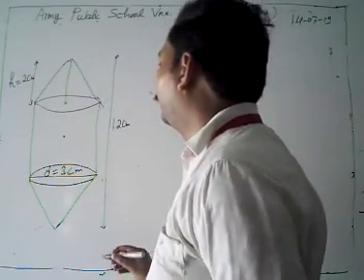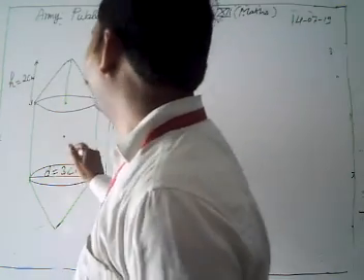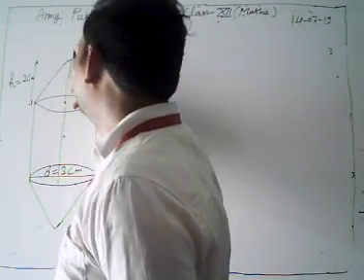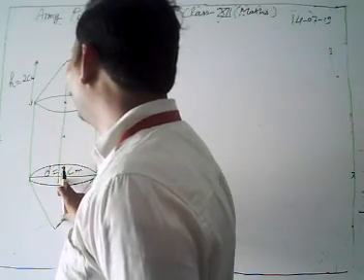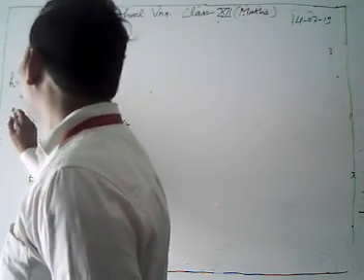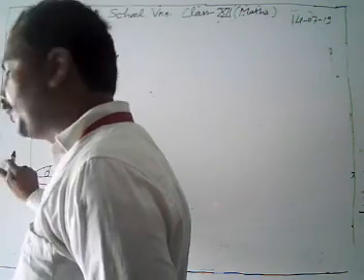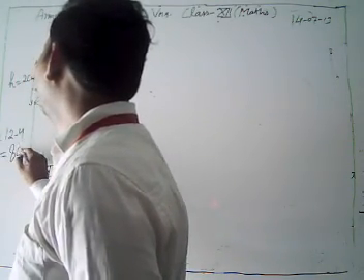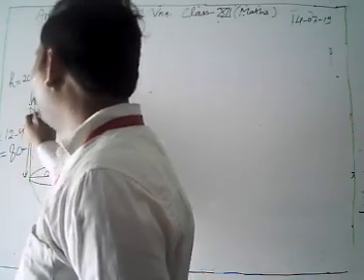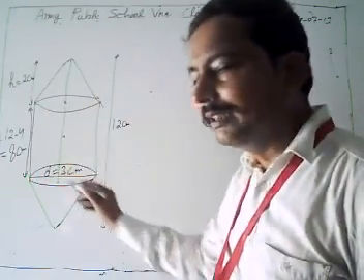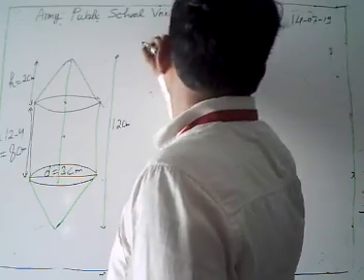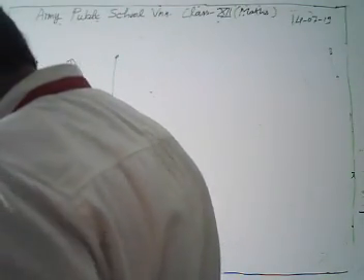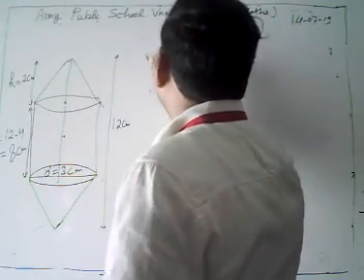First of all, look, here we have to find out the height of the cylinder. How can you find out this height of cylinder? This is our length 2, this is our length 2, then height of cylinder is what? 12 minus (2 plus 2), which is 4. 12 minus 4, then we get 8. Then our height of cylinder is 8 centimeter. Now here we have to find out the volume of air.